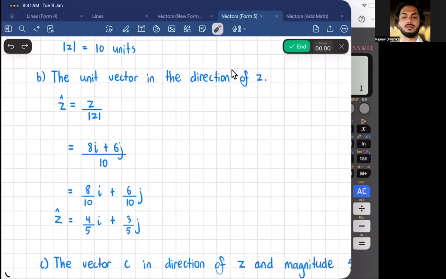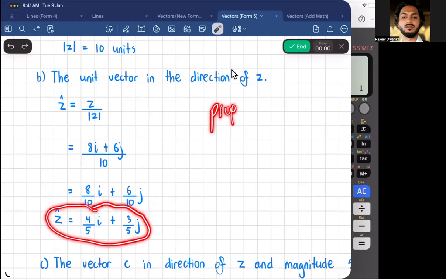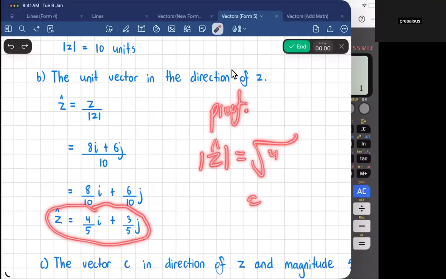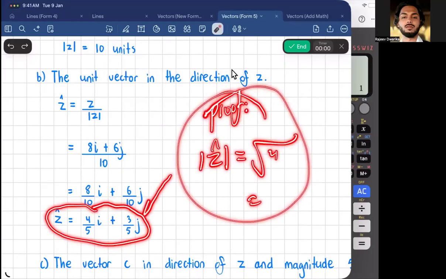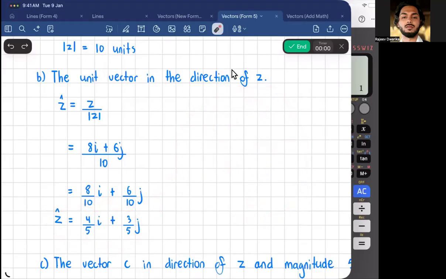Okay, that square root part is just a proof. That is not the actual answer. It's just if you want to check back your answer. That's not part of the answer. This is the answer. If you want, you can say proof, find the magnitude of it, and show that it will be equal to 1. But this is not part of the answer. So in the third line, all you had to do was simplify the third line and you get your answer. Right? All right. For part D,